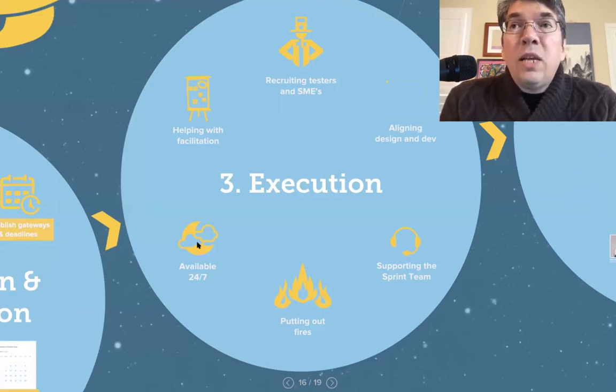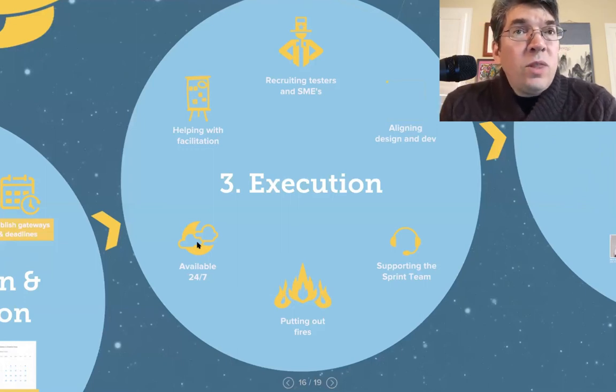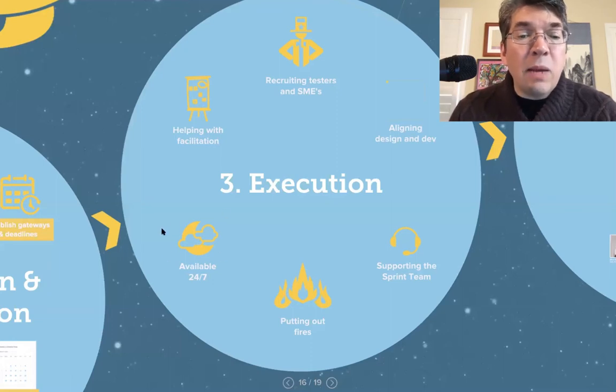Not that I'm going to necessarily respond at 3 in the morning right away, but with this particular event in April, I'm going to try to be available when I can, because when it comes to accountability, I'm taking it all on. I'm coming into this with the assumption that if something happens that doesn't work out, then it's going to be in some ways my fault. And I've got to own up to that for this particular event. So that's something I'm adopting. It may not be what you do, but in terms of your situation, I've always found that having a level of accountability in this section on execution really helps to encourage people to continue on the virtual sprint and have faith that what they're doing is going to work out for them.